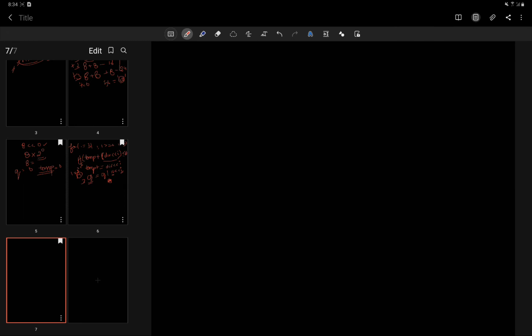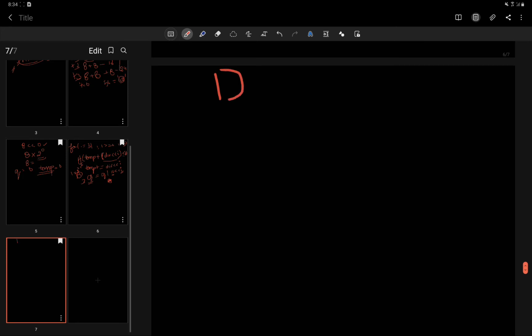So let's say the dividend equals 55 and the divisor equals 8.